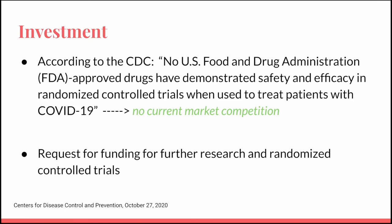The prevalence of this condition actually gives us an opportunity. It gives you an opportunity to change the world. It gives you an opportunity because, according to the CDC, there are no FDA-approved drugs on the market. No FDA-approved drugs that are safe and effective. So there's a lot of opportunity for making a big impact on the world and public health, and we're requesting funding for further research,